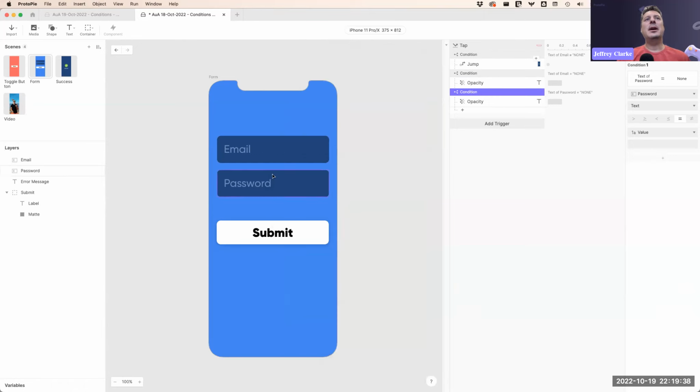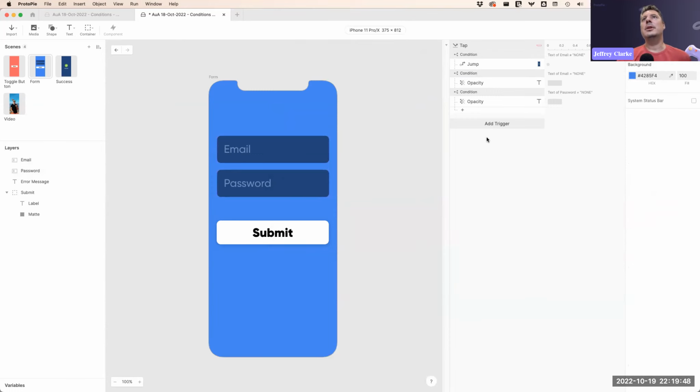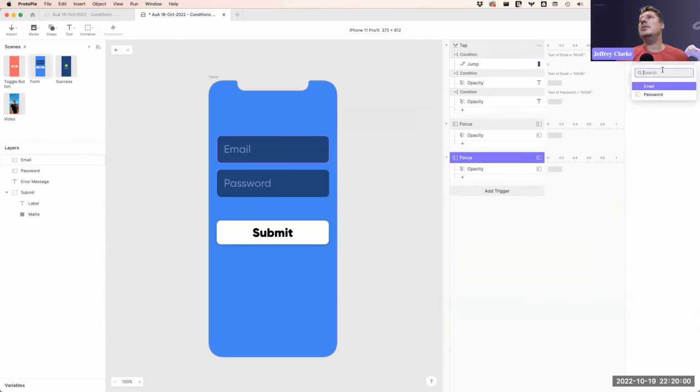So let's add in a little bit of extra here. So when either of these fields gain focus, if I go back to fix it, let's hide the error message again. So that way it's ready to be shown again if there's still a problem. So I'm going to add a focus trigger on the email and on focus in, and I'm just going to change the opacity of the error message to 0,